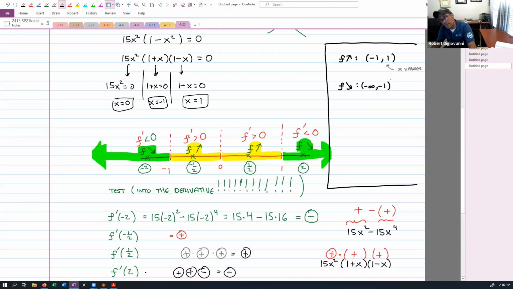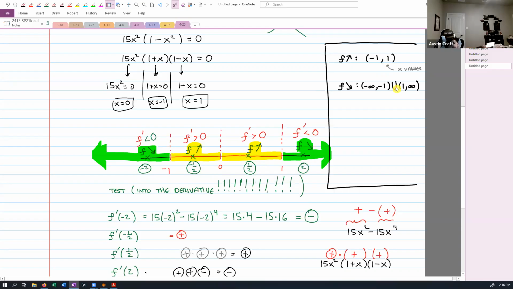And then you do like a U letter. Then you do a union symbol, good. And then now you need everything from 1 to the right. 1 to infinity. So we're trying to get the x values where we're going up, the x values where we're going down. No questions? Yeah, why was it so crucial to have 12 exclamation marks?